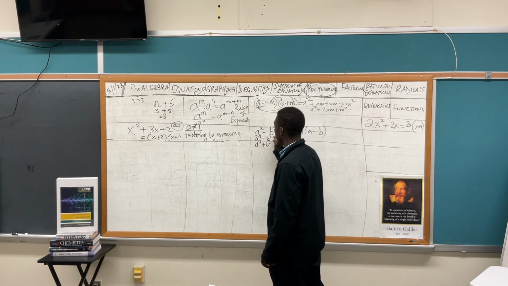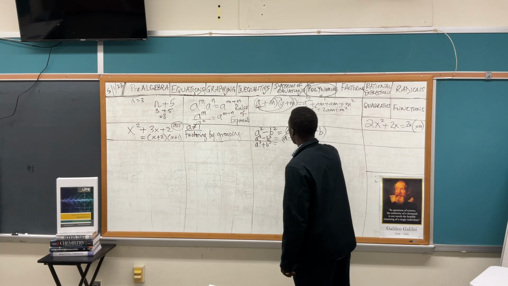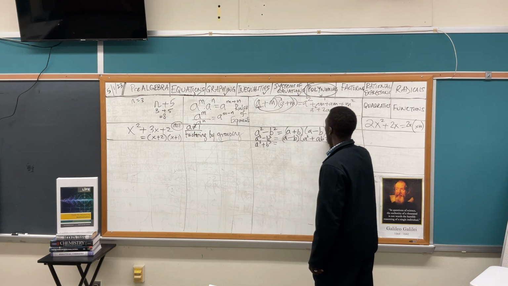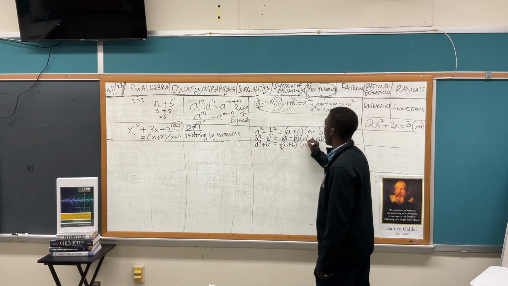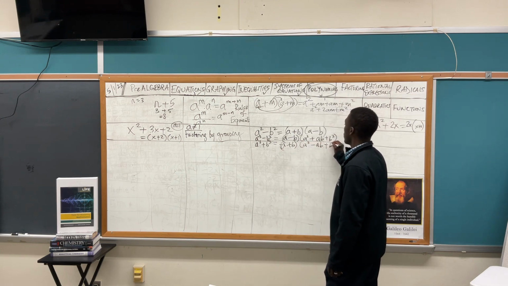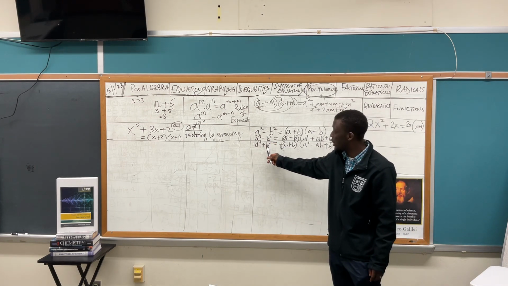So keep that in mind. There's formulas for each one of these. The second formula here would actually be this, and then the third formula is actually (a plus b)(a squared minus ab plus b squared). So notice that the trick with these formulas for the difference of two cubes and the addition of two cubes